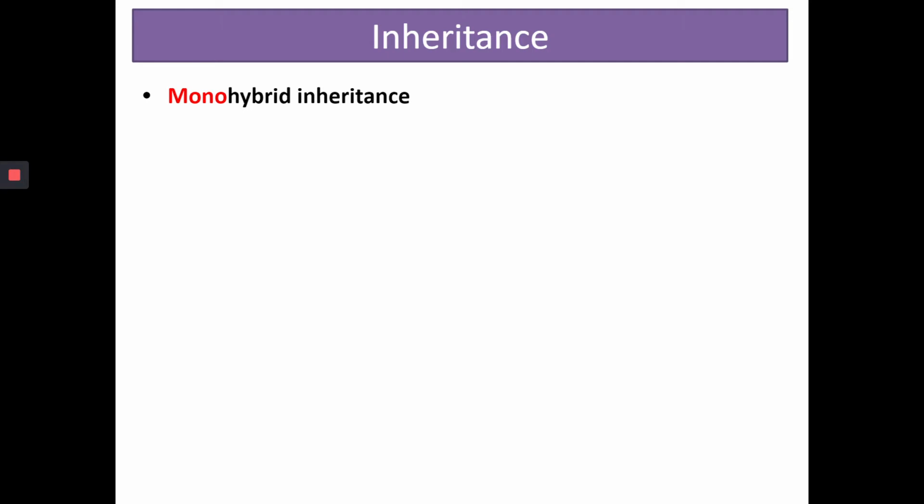So, when we say monohybrid inheritance or monohybrid cross, the word mono itself tells that we are studying how a single gene or alleles of a single gene are being inherited from parents to offspring. So instead of thinking about the whole chromosome, we start learning about inheritance by just studying how one gene is inherited. But remember, practically the whole chromosome sets are getting inherited. So that is a very complex process to understand. So we'll start with a single pair of alleles.